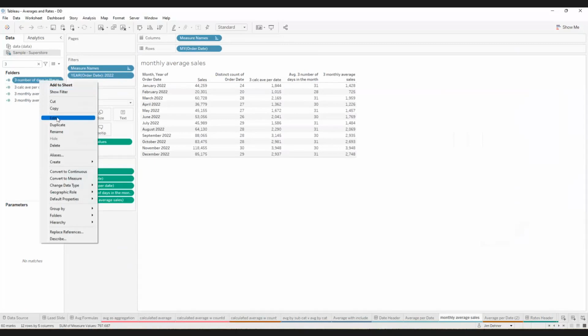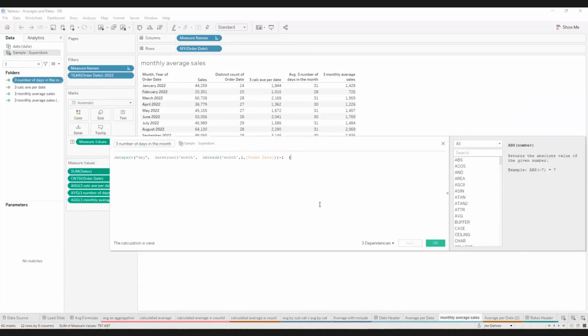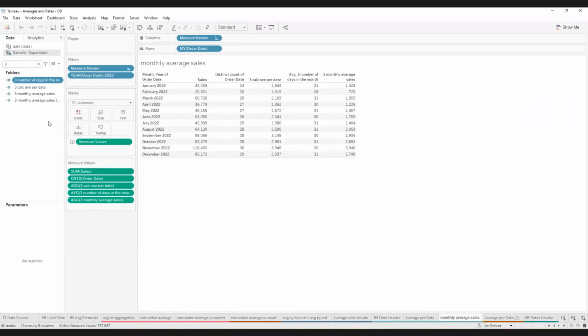Well, to get that number, there are several different ways, but this formula will always return that number. All this does is look at the order date, looks 1 month in advance of the order date, takes the first date of that month. So for January, this part of the formula will return February the 1st. We back up 1 day to January 31st, and we take the date part of day of that, and that's 31 days. So when we use that to calculate our average,